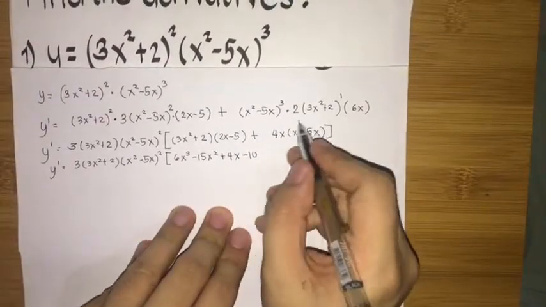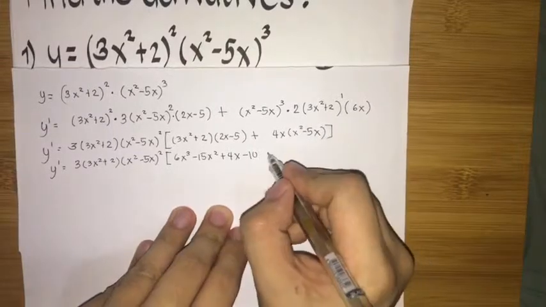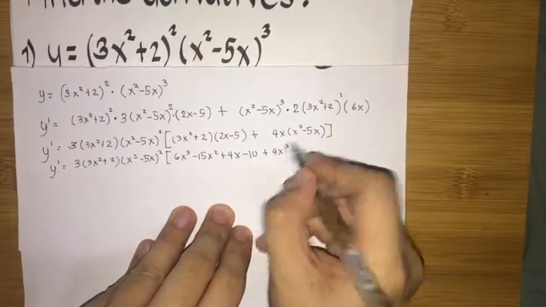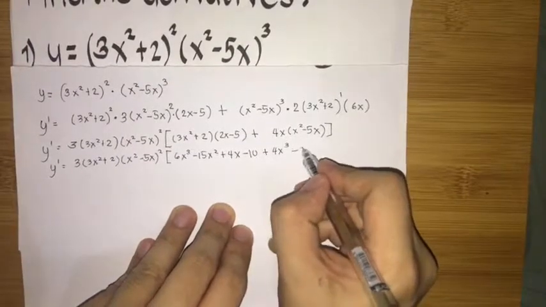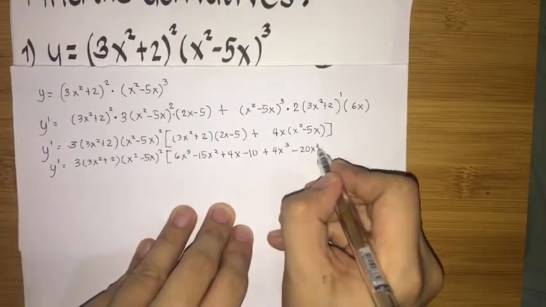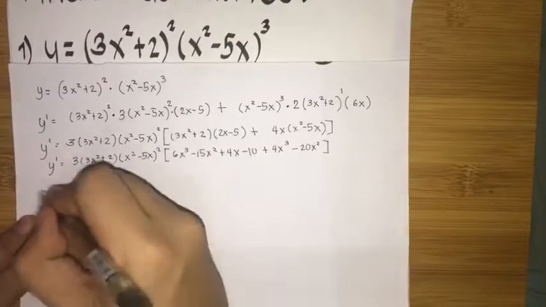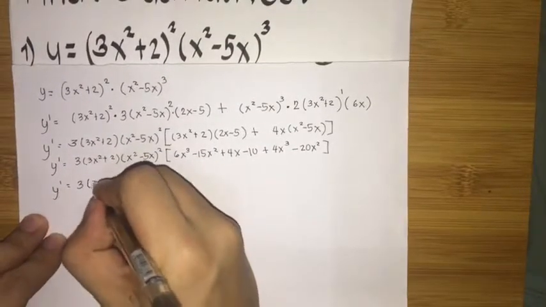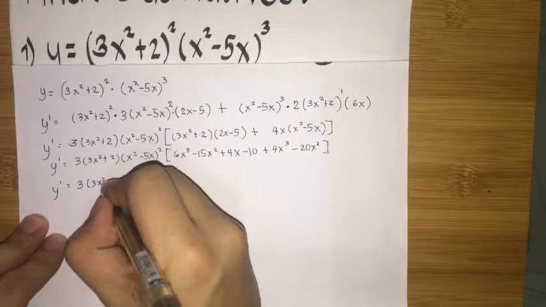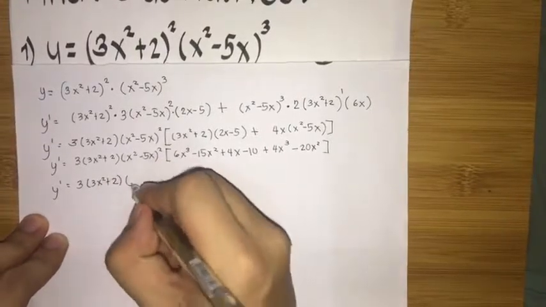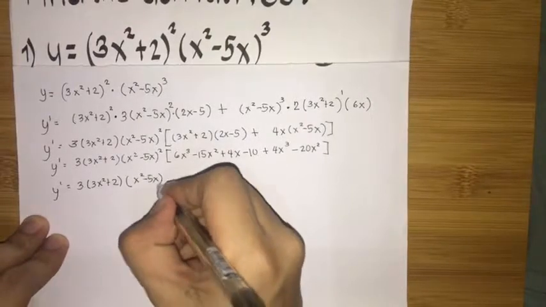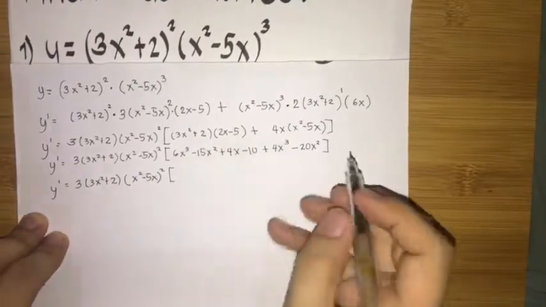Then just distribute this 4x to each of the terms. So plus 4x cubed minus 20x squared. So simplifying further, 3 times quantity 3x squared plus 2, then quantity x squared minus 5x squared. Then simplifying